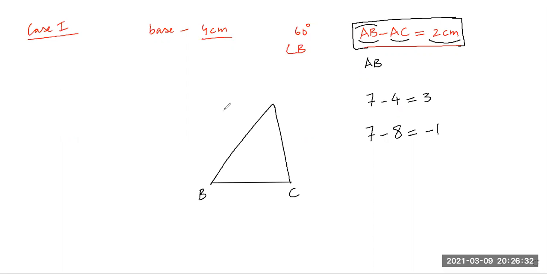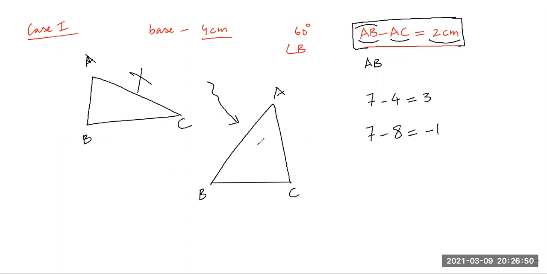That means the approximate shape of the triangle would be this, not like this. Not like this, because if this is the shape ABC, this means AB is smaller. So this is not my triangle. This kind of triangle will be there. Am I right? Yes. So when this kind of triangle is there, that means, listen very carefully, on the base angle, the given base angle.